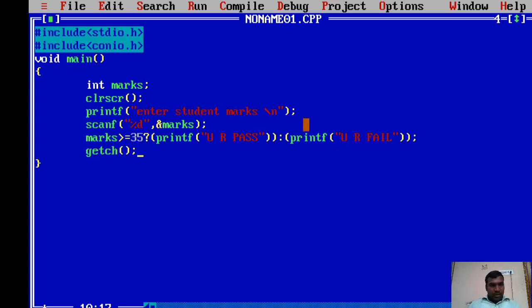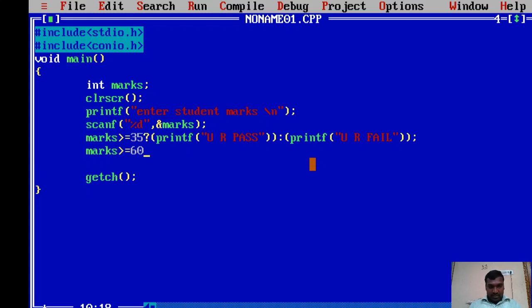Okay, so not only this, you can also write these printf statements. Instead of writing the simple printf statement, for example, now I want to check the grade of that particular student. So how can we check if the marks of a student are greater than or equals to, for example, 60?